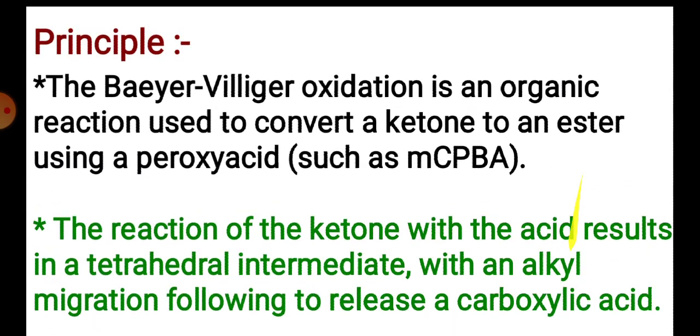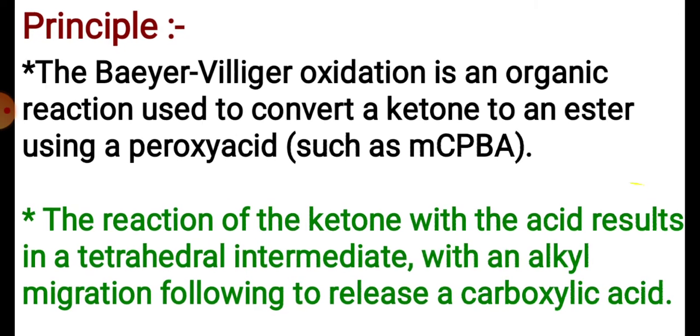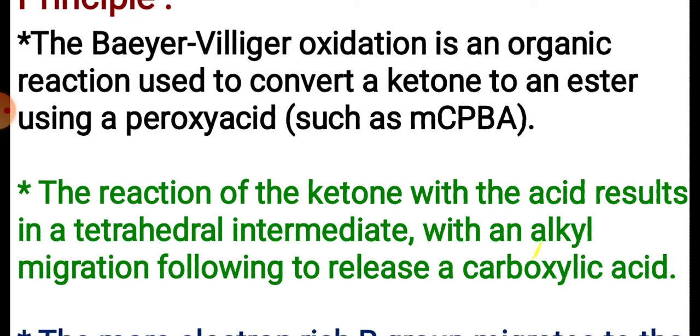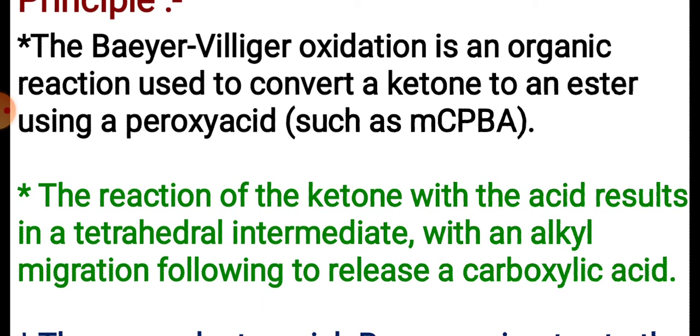Now what is the principle of the Baeyer-Villiger oxidation? It is an example of oxidation where the oxygen content is increased, and this reaction is used in synthesis particularly for the conversion of ketone to ester with the help of peroxy acids, for example metachloroperbenzoic acid. You know that peracids are oxidizing agents, useful particularly for the release of oxygen. They are electron deficient and oxygen donors. After releasing the oxygen, the metachloroperbenzoic acid will be converted to metachlorobenzoic acid.